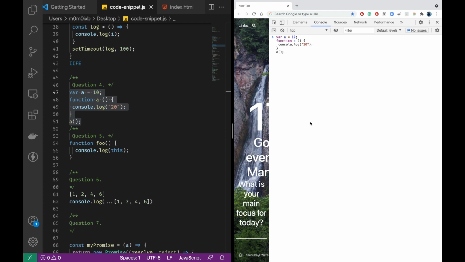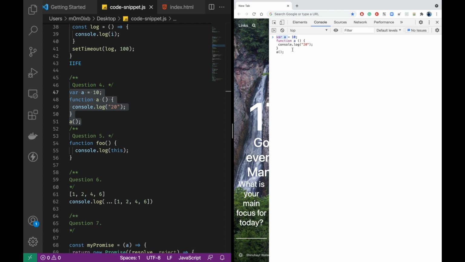Yeah guys, so what happens here is we are creating a variable called a, and we are assigning it a value of 10. When JavaScript reads through these statements, first it reads them, it will not execute them. So it will read var a, and then this function, which has the same name. So this will get hoisted to the top. So a will be present at the top by hoisting, and then we are overriding the value of a with 10. So we are creating a again in the same scope.